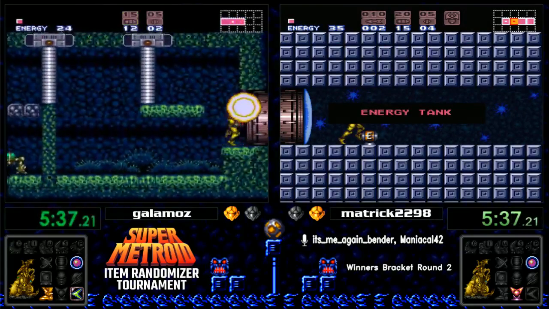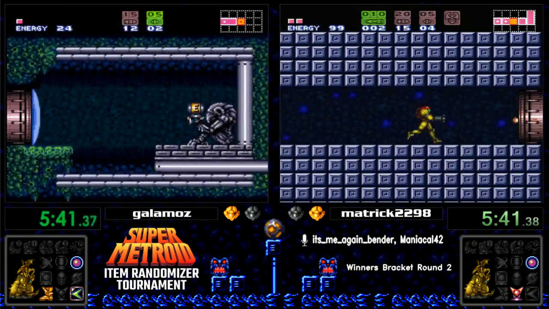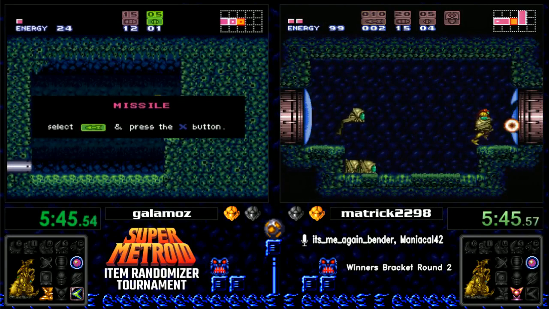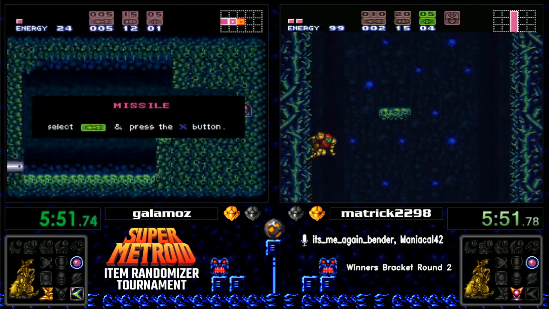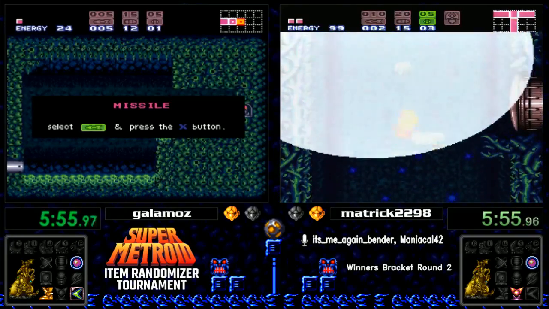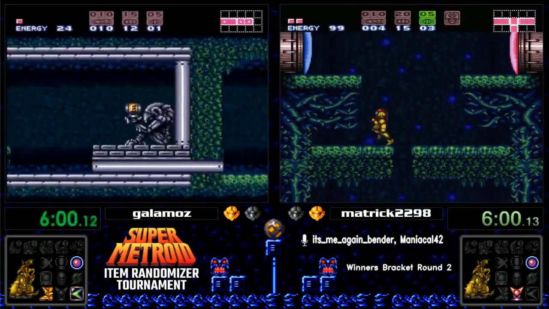Yeah, I'm actually quite happy to see that they are both finding the items that they need to go their route, because this way we can see a quite interesting battle of different routing, instead of having someone getting blocked in his progress just by bad luck. That's the much better race, I guess. Yeah, and